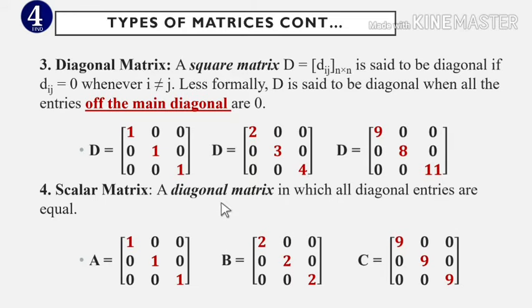It adds a criteria that says that on the main diagonal ያሉ ቁጥሮች በሙሉ the same መሆን አለባቸው። አሁን እዚህ ጋር 2 3 4 አይቻልም ነው፣ 1 1 1፣ 2 2 2፣ 9 9 9 is a scalar matrix